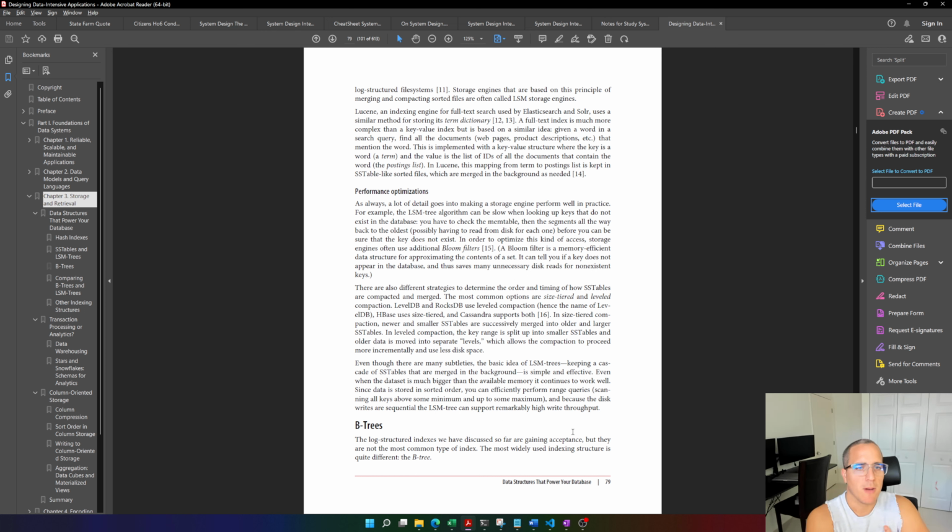In order to optimize this kind of access, storage engines often use additional Bloom filters. A Bloom filter is a memory-efficient data structure for approximating the content of a set. It can tell you if a key does not appear in the database, and thus save many unnecessary disk reads